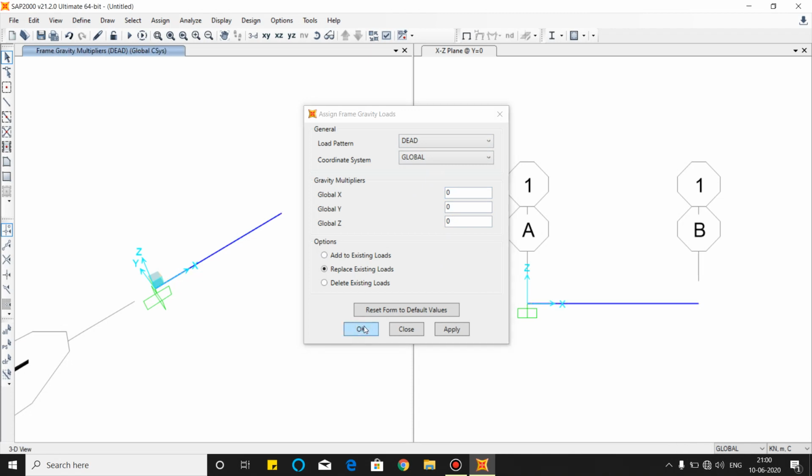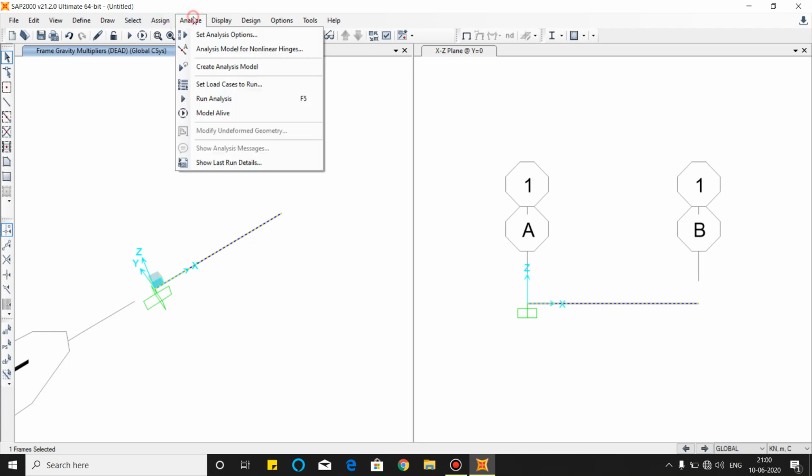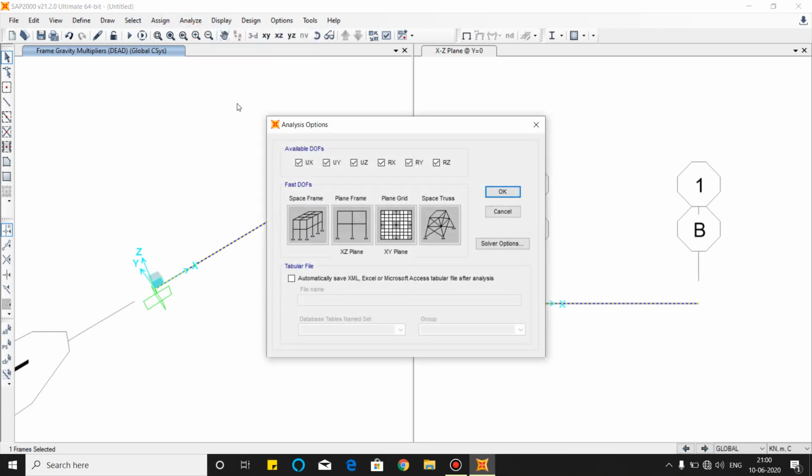Now we will add a dead load. Dead load, assign frame load, gravity. This is the dead load. We can make the dead load 0 also. Then we will make a 0 dead load. Okay, now our model is ready.